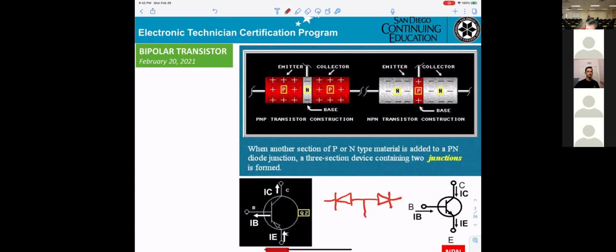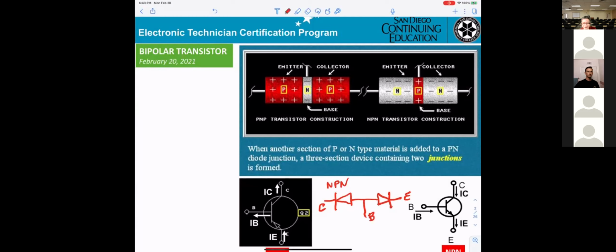Okay, so NPN, you get D1 and D2. That will be the collector, that will be the emitter, and that will be the base. So basically, you combine two diodes, you get a transistor.